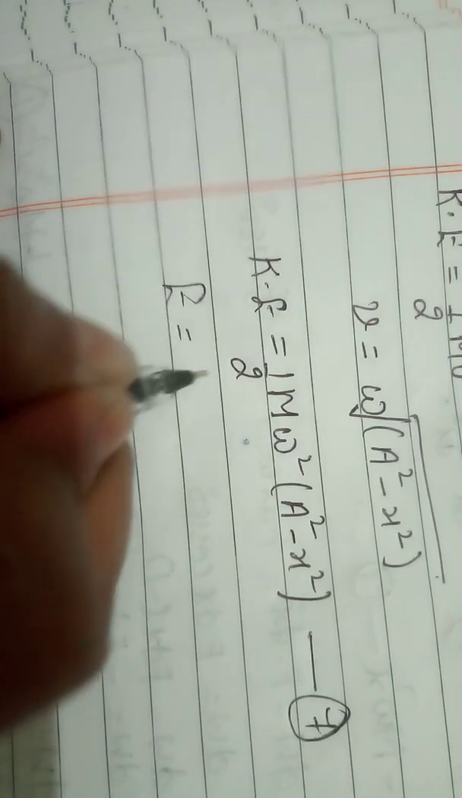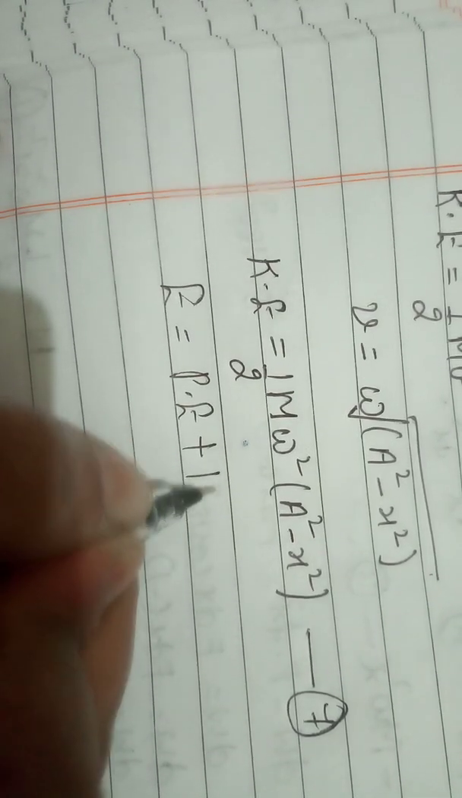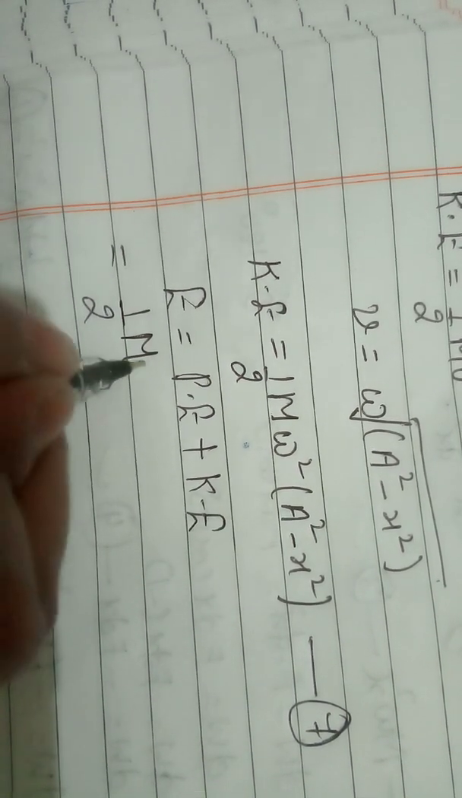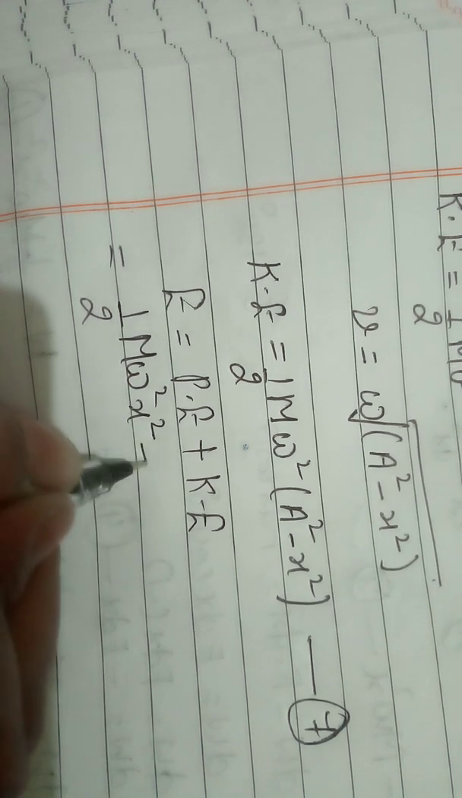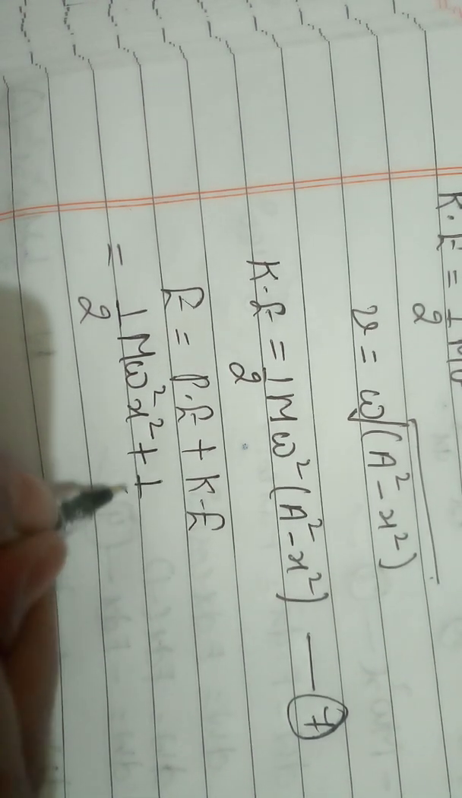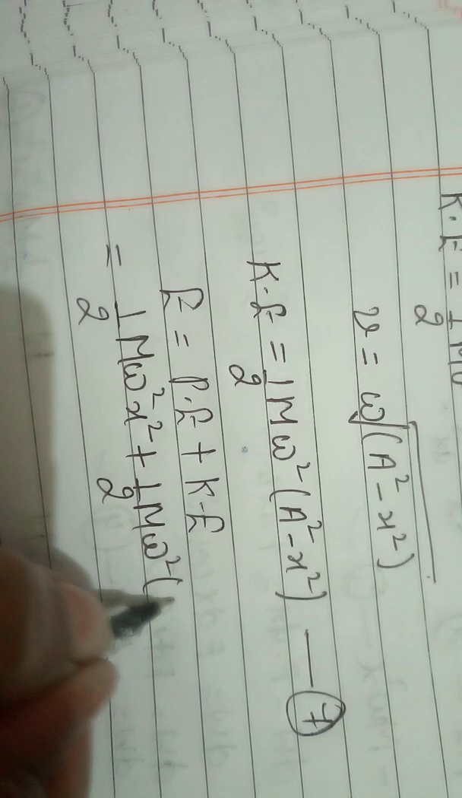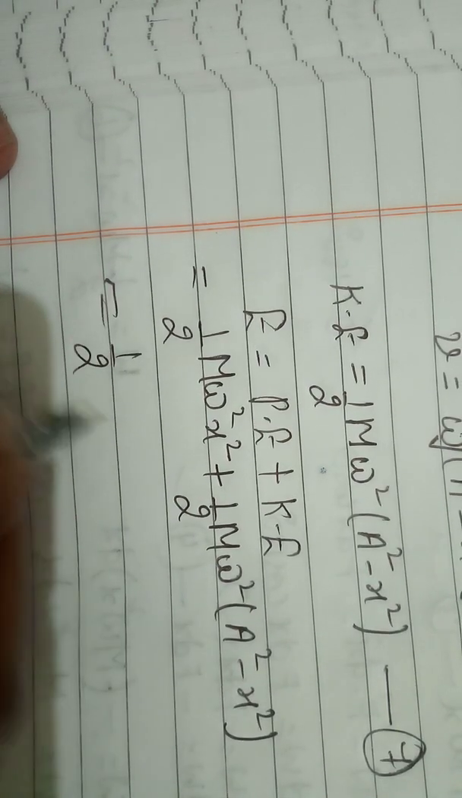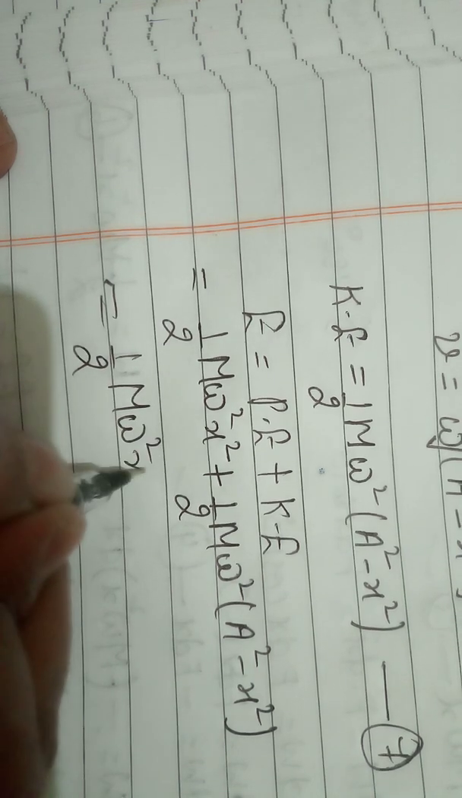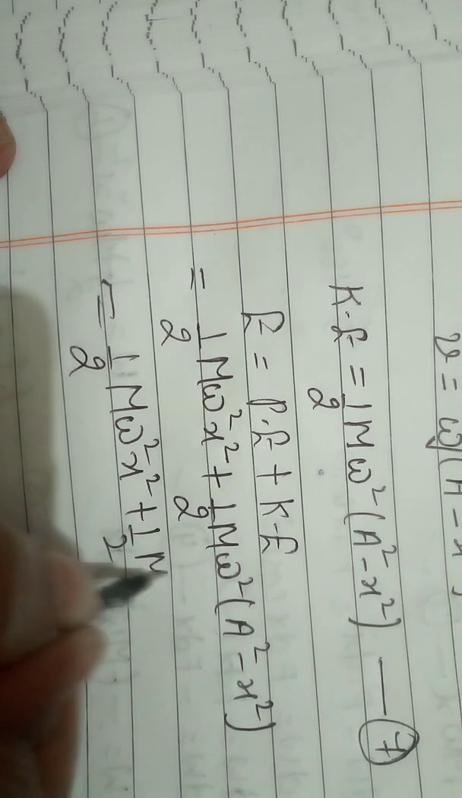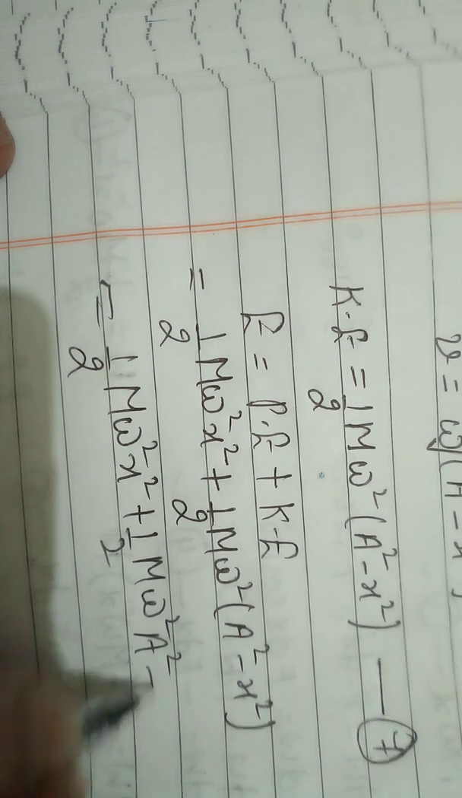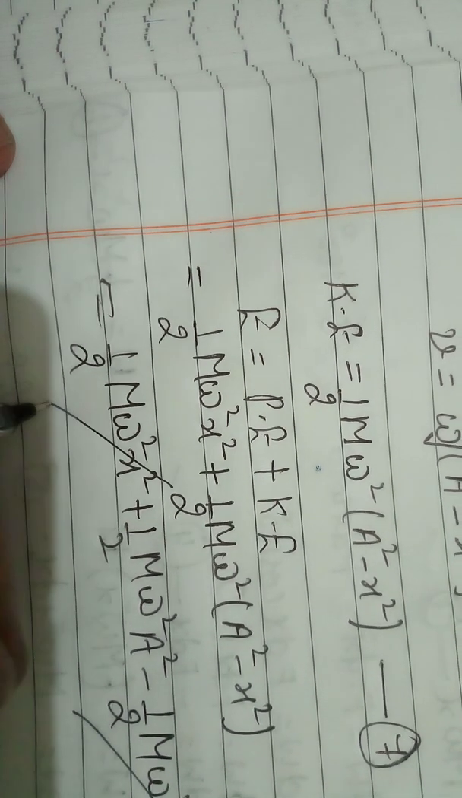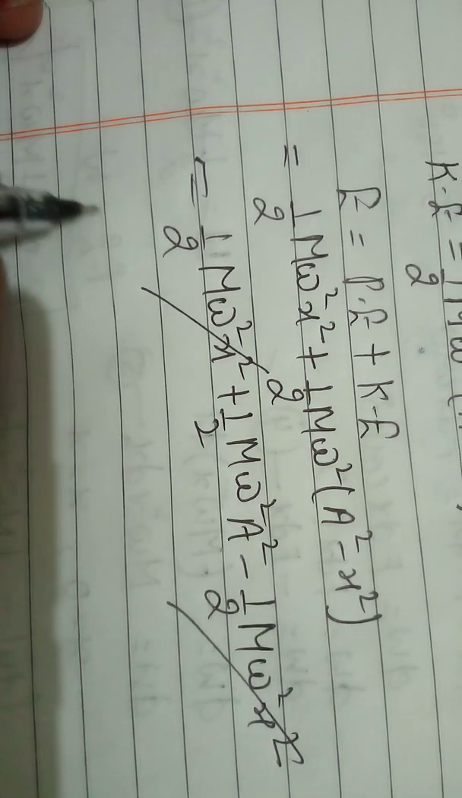So total energy is equal to potential energy plus kinetic energy. The potential energy is half m omega square x square, and the kinetic energy is half m omega square (a square minus x square). When we open the bracket, we get half m omega square x square plus half m omega square a square minus half m omega square x square. Both of these terms cancel out. It means that